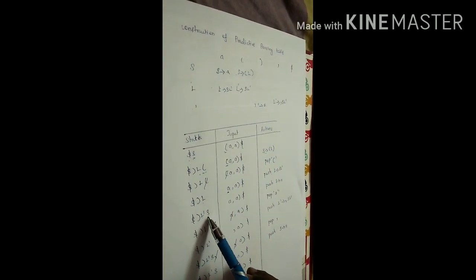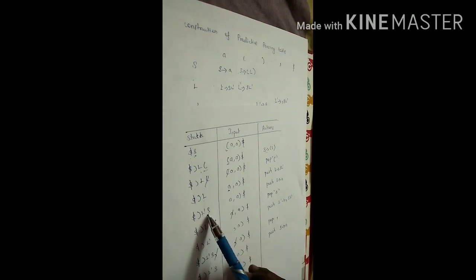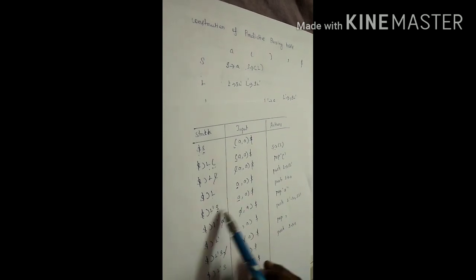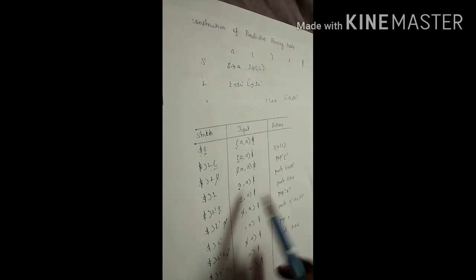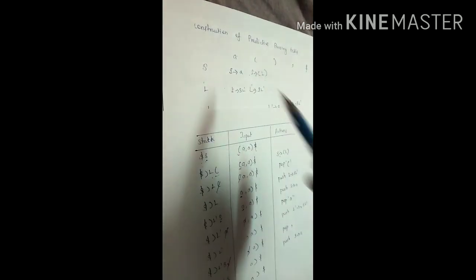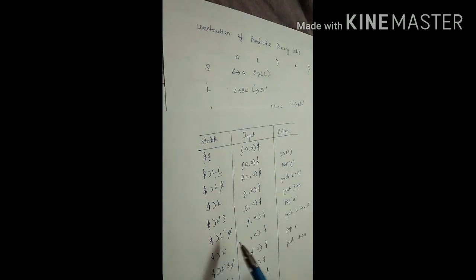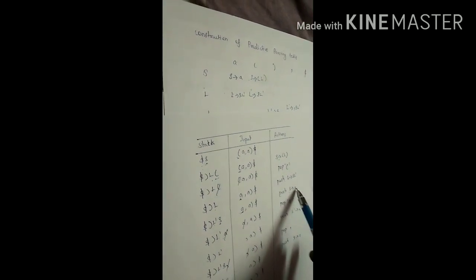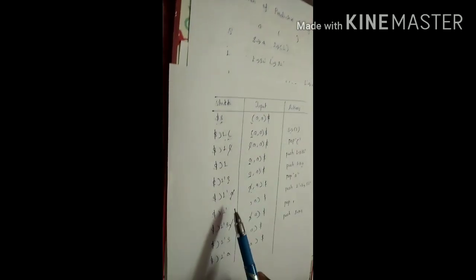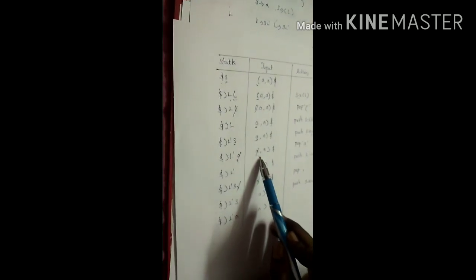Now the current symbol on the stack is S, and the current input symbol is A. So we consult the parsing table to perform the next operation. For the entry S, A, we have S tends to A, so we push A onto the stack. After that, the current symbol on top of the stack and the current input symbol are both the same. If both are the same, we can eliminate the symbol. So pop A and advance the input pointer to point to the next input symbol.